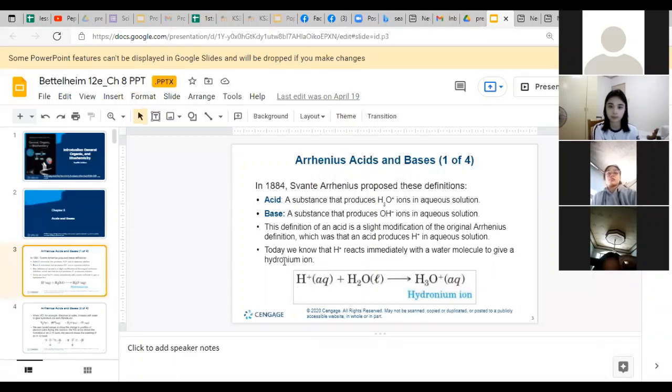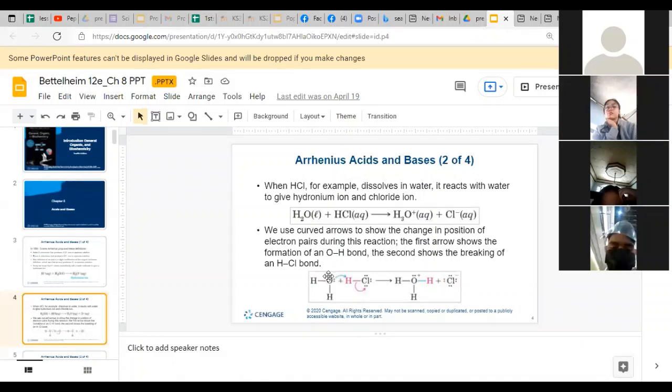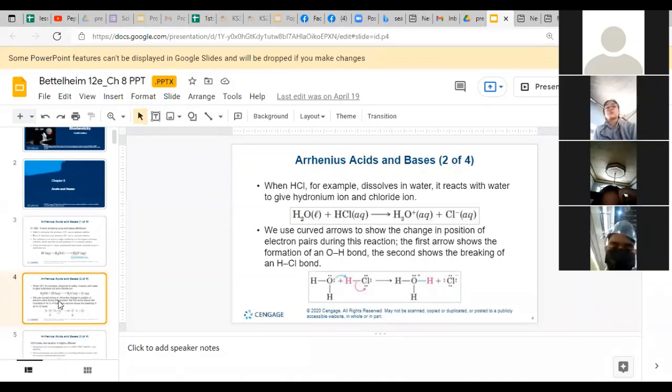Okay, so yung H plus, we sometimes use H plus to simplify chemical equations, but actually in solution, H plus doesn't exist on its own. It's attached to water. Sometimes we use H plus just to simplify equations. So that's why HCl is an acid, because it gives hydronium ions in solution. Okay, so Cl